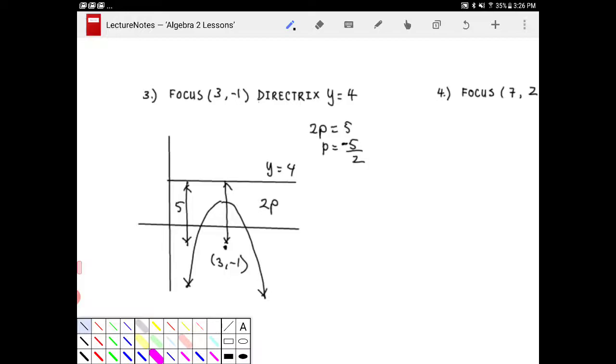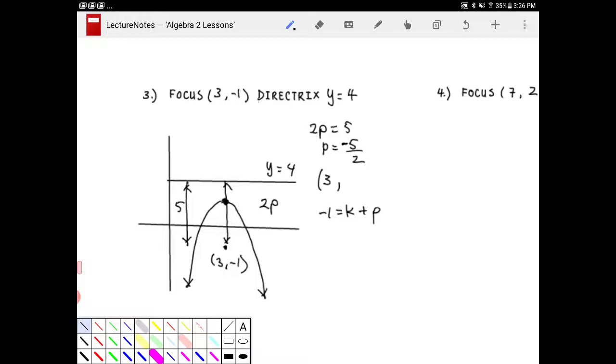So because of this, I also know what the vertex is going to be. The vertex is going to be (h, k), so the vertex is going to have the same x-coordinate as my focus. It's going to be 3. The y-coordinate of the focus is negative 1, and the y-coordinate of the focus is always going to be k plus p. Since p is equal to negative 5 halves,